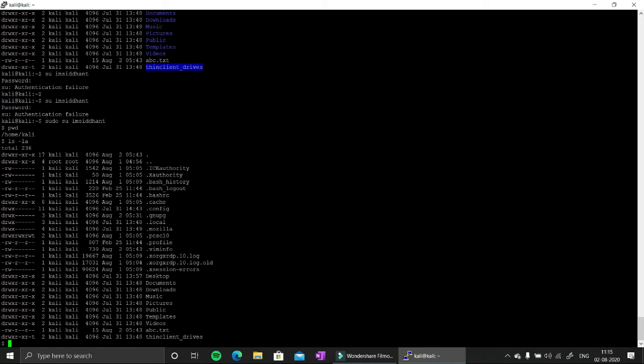Now if I try to open this and modify it, vi abc.txt, and if I try to insert, here you can see it says warning, changing a readonly file. So this file is read only for the user imsiddhant, because others have no permission to write this file.